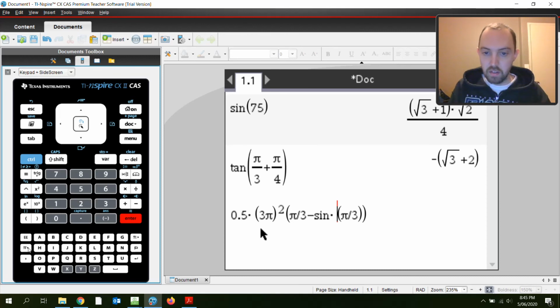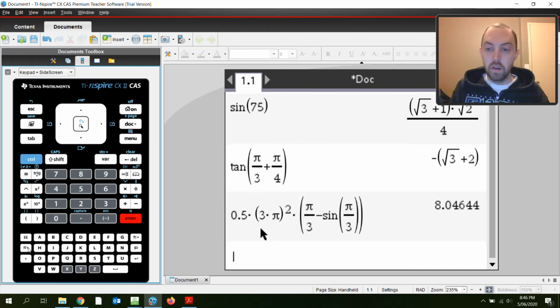I'm missing a bracket somewhere. Oh no, I didn't want to times in there, that's better. Cool. So my area is 8 point